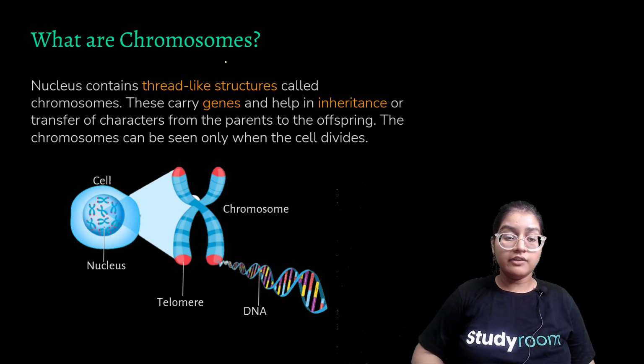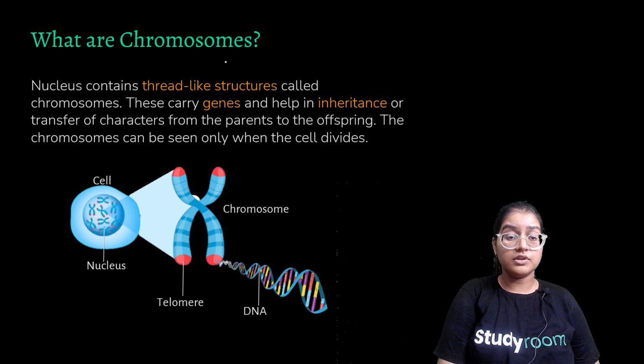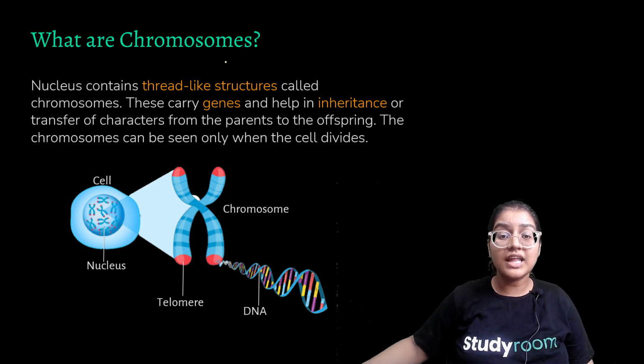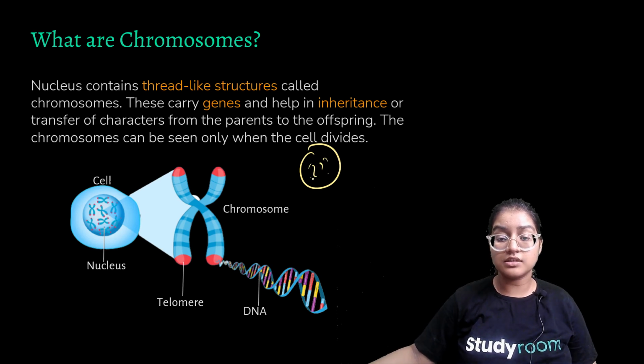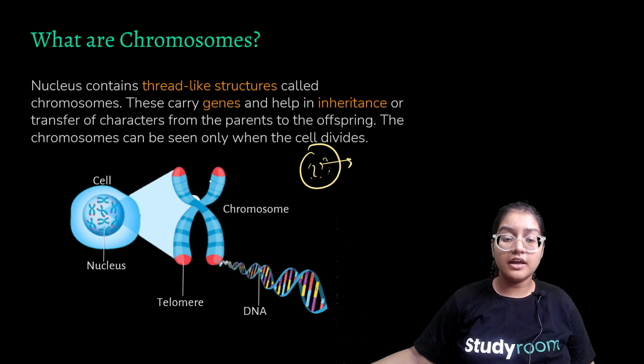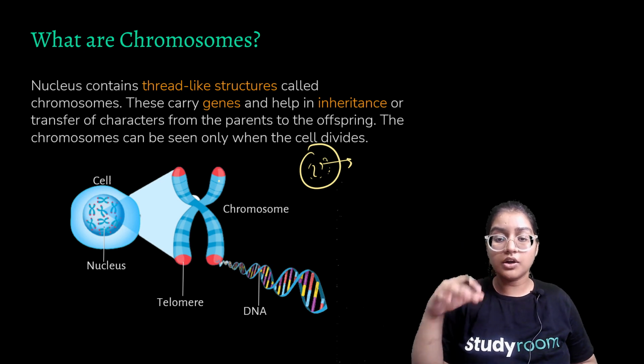Likewise, we have nucleolus, we even have chromosomes. So in the nucleus, chromosomes are thread-like structures. You can see here the thread. In real, we can see chromosomes like this. The thread-like structures here are chromosomes. When we enlarge it, it appears like this. These are called chromatids. The arms are called chromatids.